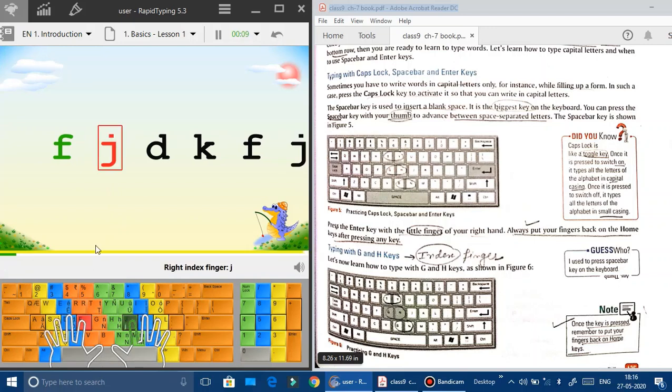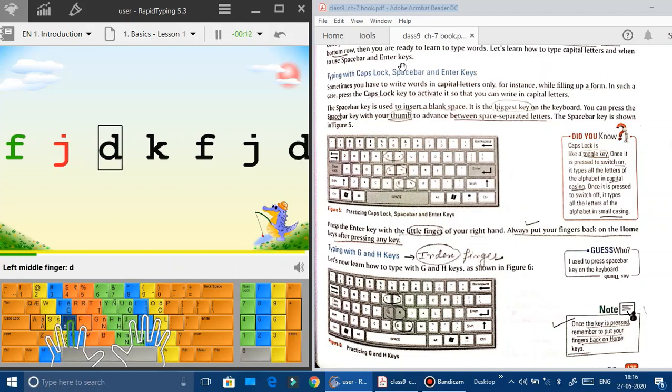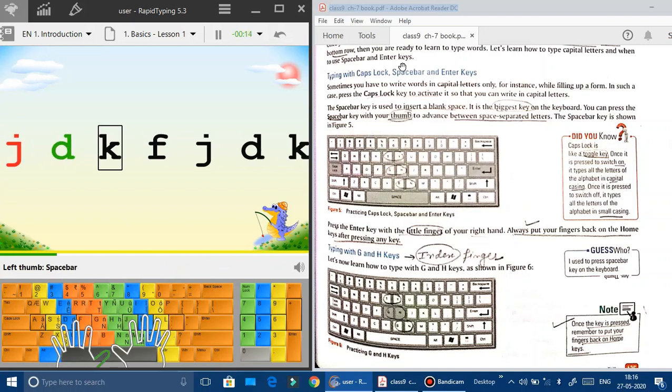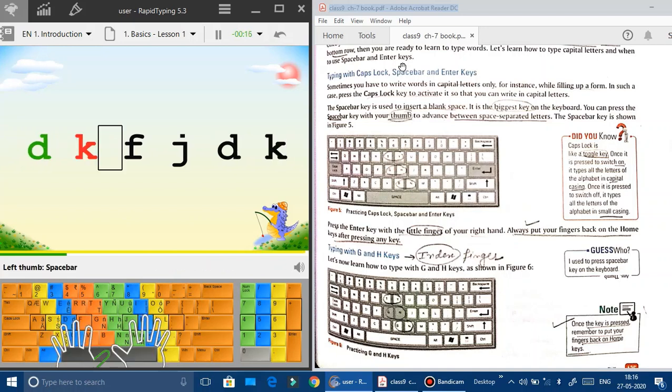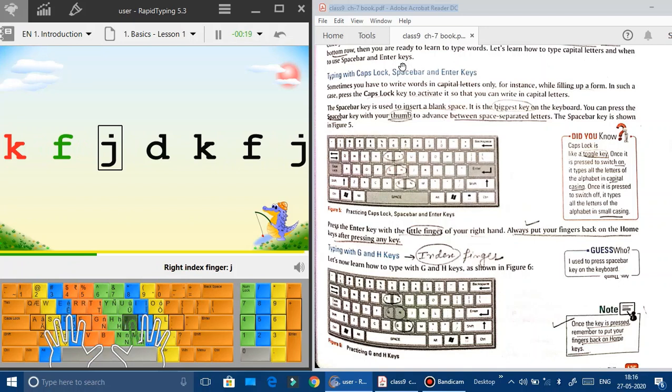If I press a key by mistake, it will show the error in red color. See, the timer is going on, so I have lost time because I was telling you things. So I'm putting my fingers again now. J is to be pressed now. You can see it is pointing me every time which key is to be pressed.